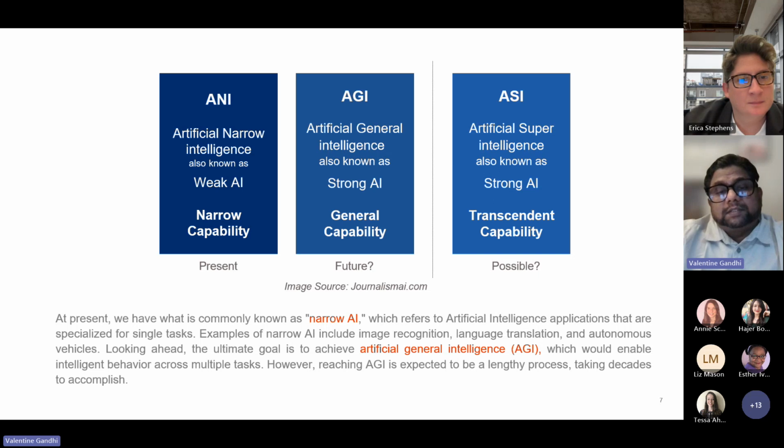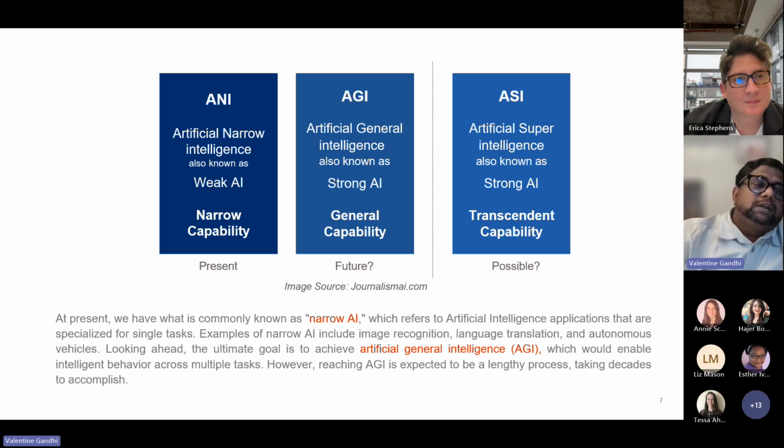And what people are anticipating, like folks like Elon Musk or those controlling companies like that, is an artificial super intelligence or strong AI, which is supposed to have transcendent capability. Transcendence is basically where you're able to download your mind into a computer and then live forever, where you become a sentient being, even if your physical form is gone. It's almost in a way spiritual,